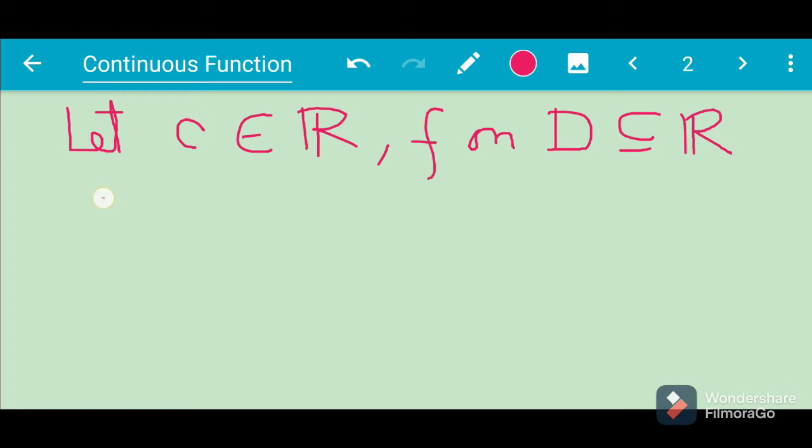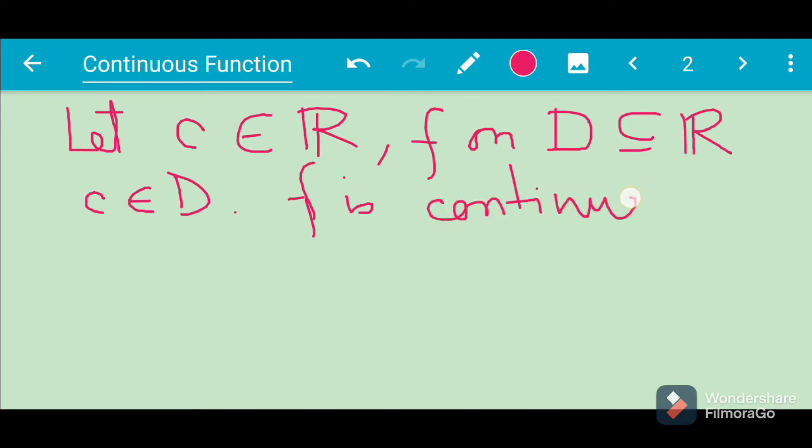And c is a member of D. Now f is continuous